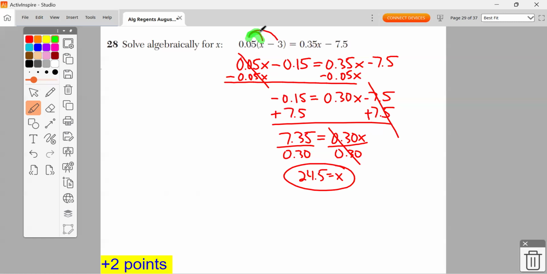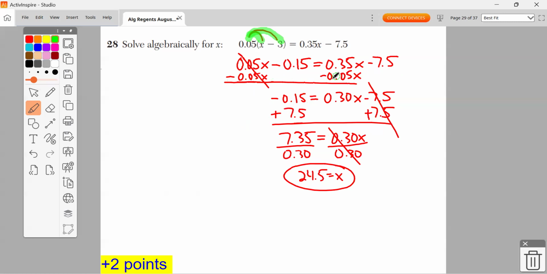0.05 times x, 0.05 times -3. We get 0.05x minus 0.15. This next step, you do have your choice. I chose to subtract the smaller of the two letters. So I chose to do minus 0.05x from both sides, but you could have added 0.15 to both sides or